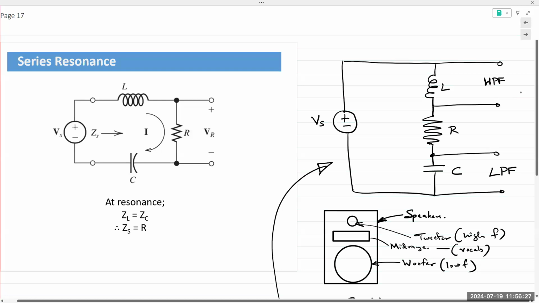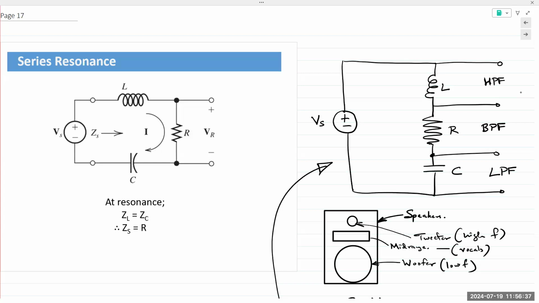And if you take the output across the resistor, is where you would obtain the band of frequencies that are blocked by the high pass and the low pass connection, and the middle band of frequencies that are allowed to pass through, which is what you obtain across that resistor. So I just wanted to show you this real life example, and then we'll end class here today,